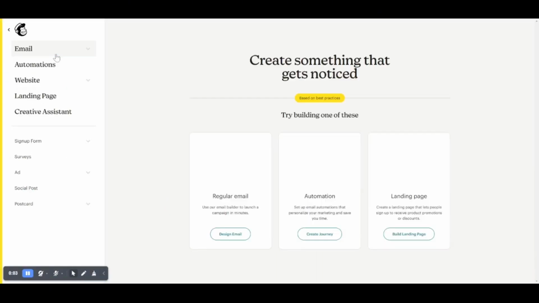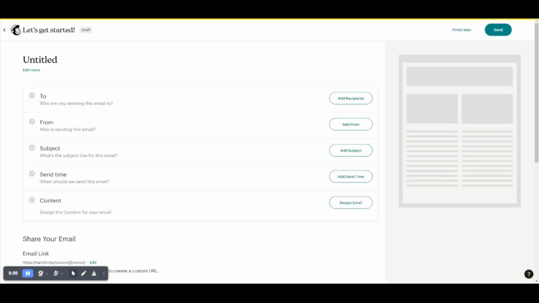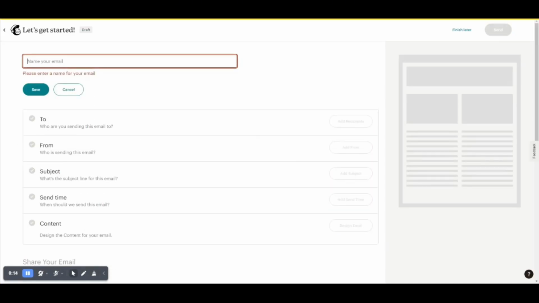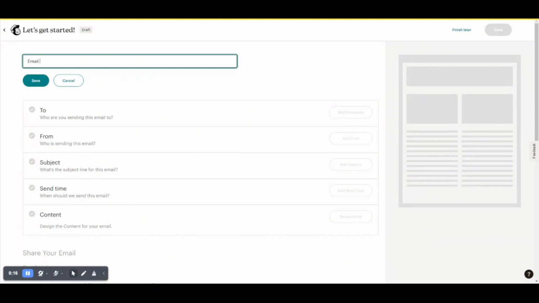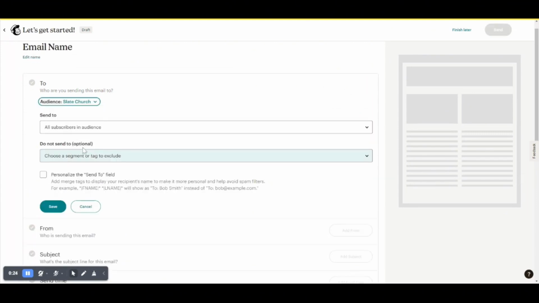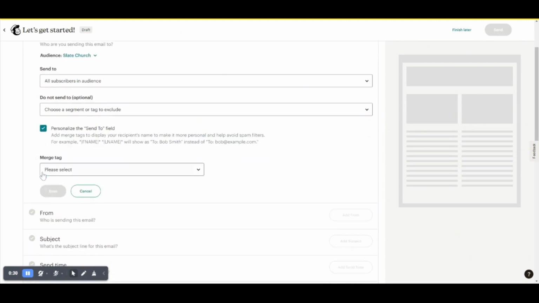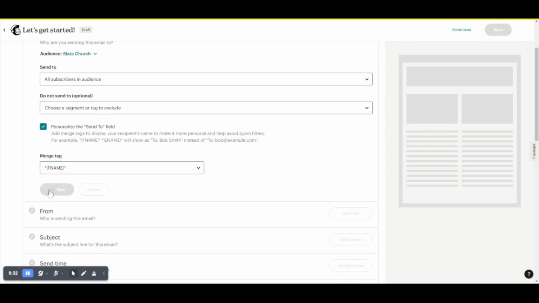So I'm going to click that create button and design email, and then you will see all of these different inputs and parameters that you can specify for the email. Give the email a name. We usually include the date of the email just to keep things organized. Select the audience, as well as the send to field and this tag, which allows us to use the recipient's